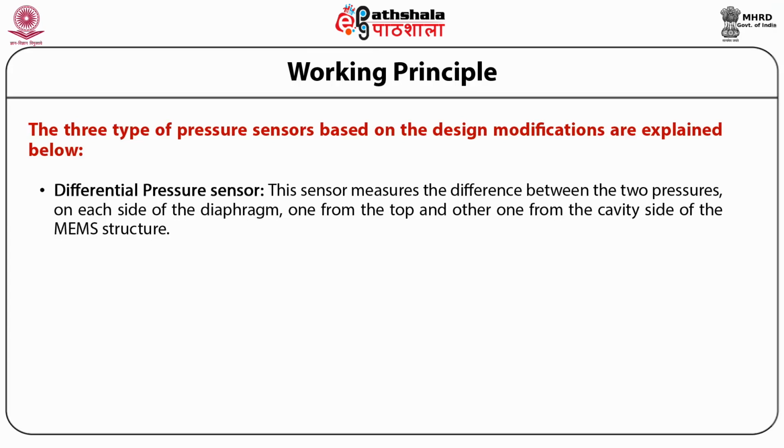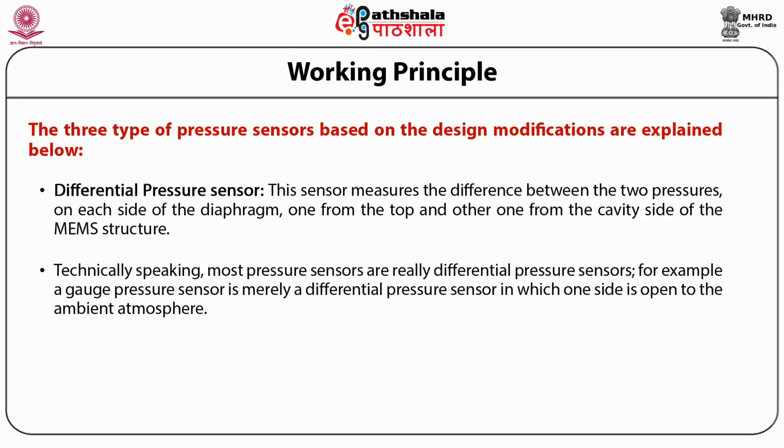The bonded glass consists of a hole through which the pressure may be applied. Technically speaking, most pressure sensors are really differential pressure sensors. For example, a gauge pressure sensor is merely a differential pressure sensor in which one side is open to the ambient atmosphere. Differential pressure sensors are used in high pressure oxidation systems to maintain the oxygen pressure ranging from